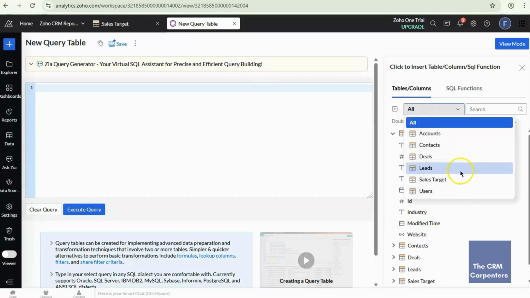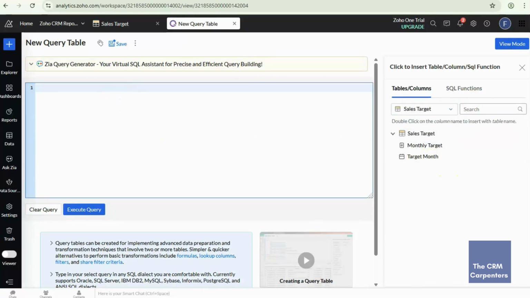So in here on your right side, you need to prepare the sales target table. In each line, the first line should have the word select. Okay, so the first line is the target month. So we get it from here. We did get it from this sales data. It's this one, the target month, and next is the monthly target.